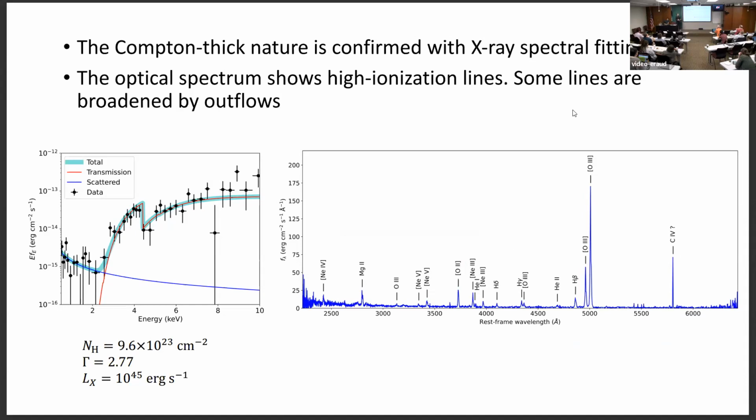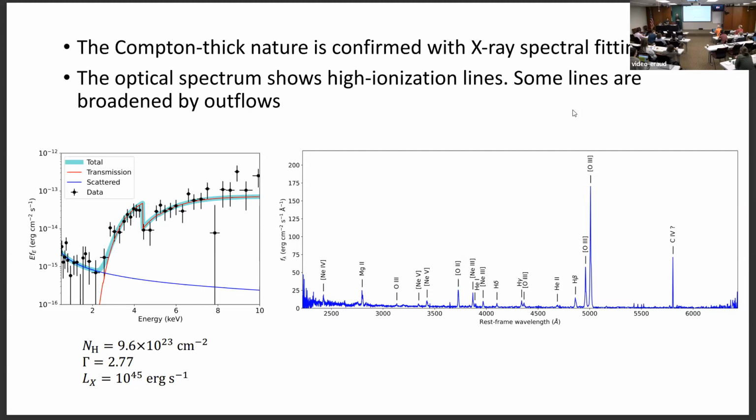And it also has a crazy optical spectrum. It has lots of high ionization lines, such as helium-2, neon-5, etc. And neon-5 requires almost 100 eV